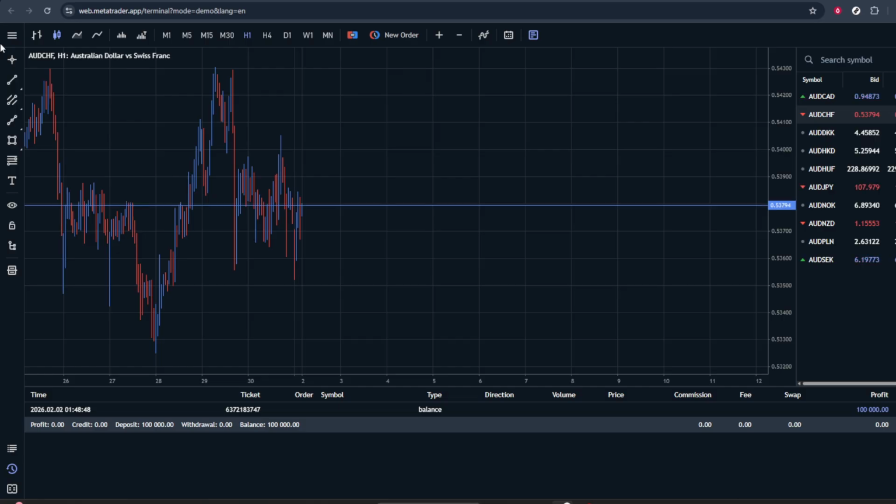If you prefer the original light style, you can always go back to the same 3-line menu and toggle the theme option again if a light theme is available. And that's all there is to it. By using the 3-line menu in the upper left and selecting dark theme, you can quickly customize